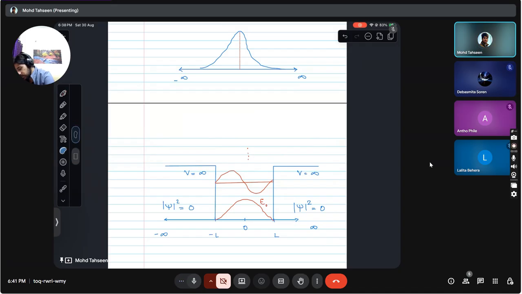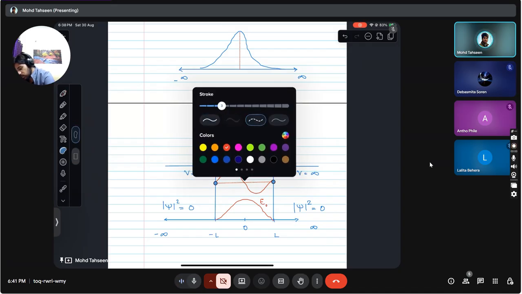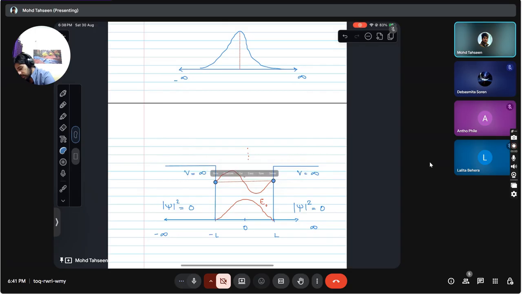Okay, and now this is basically the reference. Now this is psi, right? Psi plotted as a function of x, but if we take psi square, then it becomes positive, right? This negative loop turns into positive. So let me draw psi square in some other color. This is psi square, right, for this energy level, and for this energy level it would be something like this.